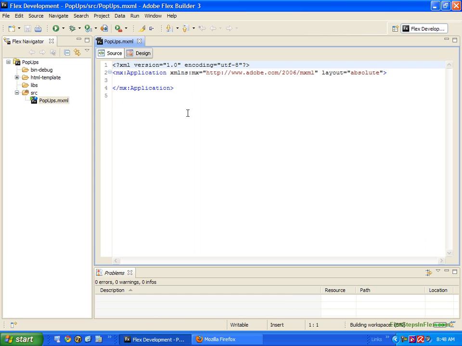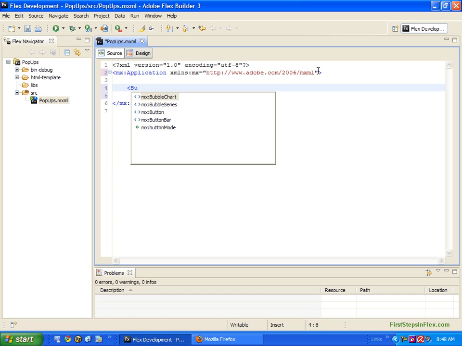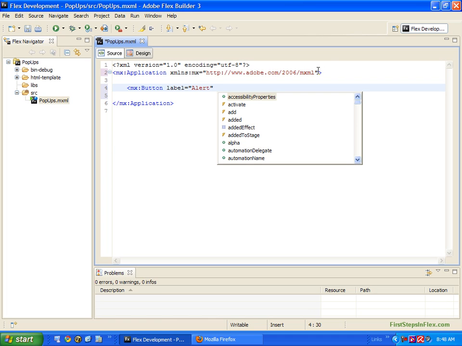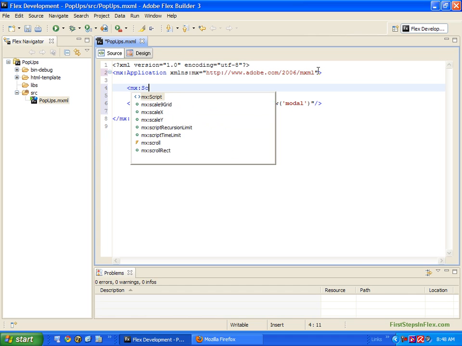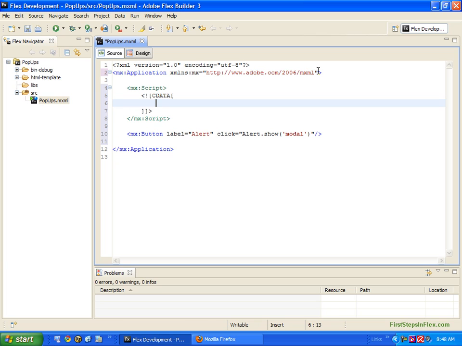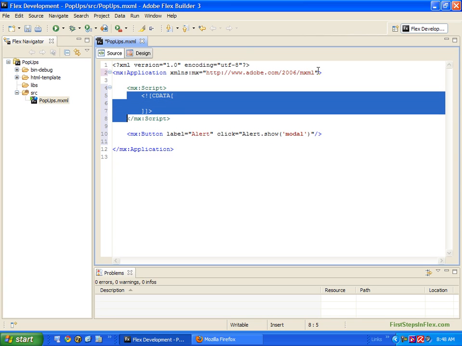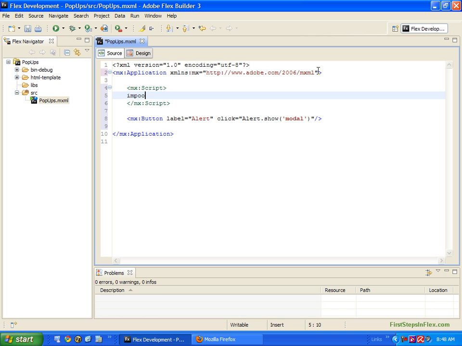We're just going to use the alert. Let me take out the layout absolute here to start. Let's add a button and set the label to alert, and set a click handler to alert.show. What we're going to say is modal, and that's it. We do need to import the alert class, so let's add a script block and add an import